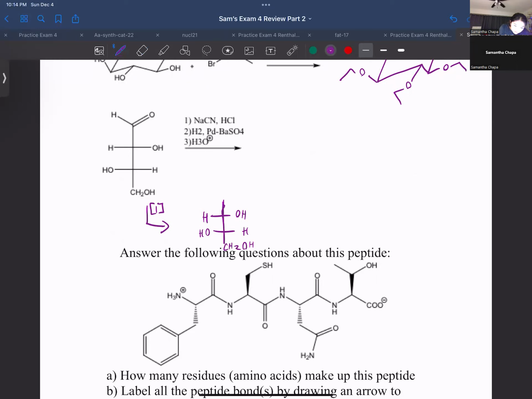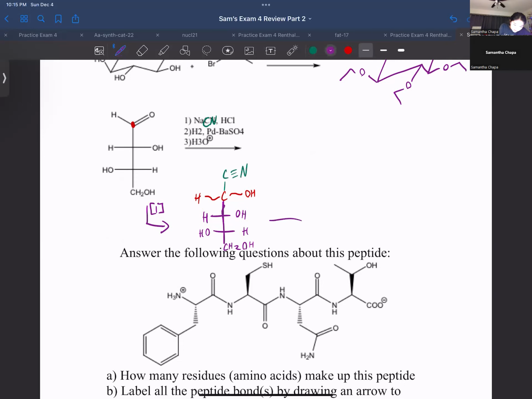Let me change this, just so you can see. This carbonyl carbon is this carbon right here, but we attacked it with a cyano group, so it turns into an alcohol with a hydrogen in it, right? So then I just don't know where my OH group is going to be, on the left or on the right. So I'm drawing this wiggly line so we can draw both of the epimers at the end when we have to put our products. And so this CN that we added is up here,